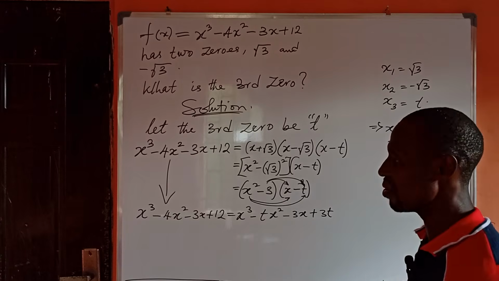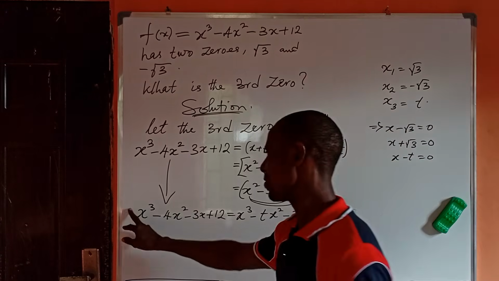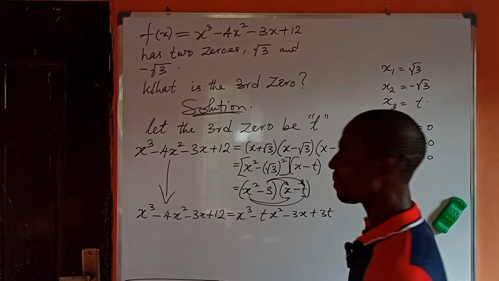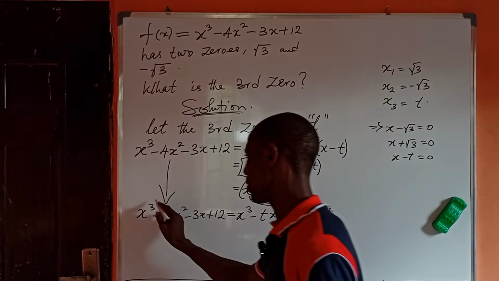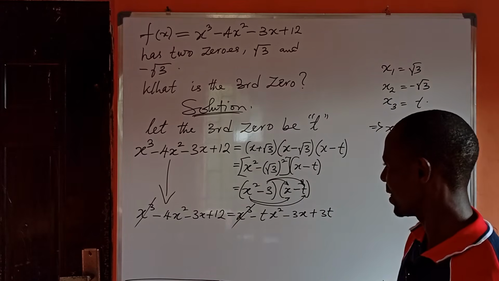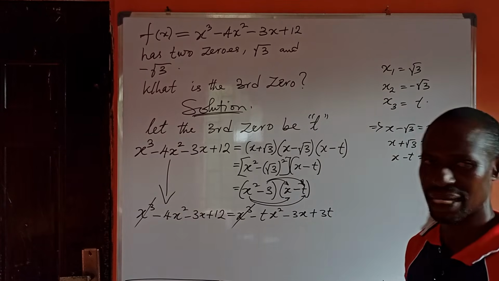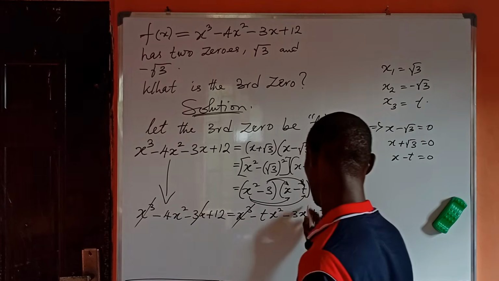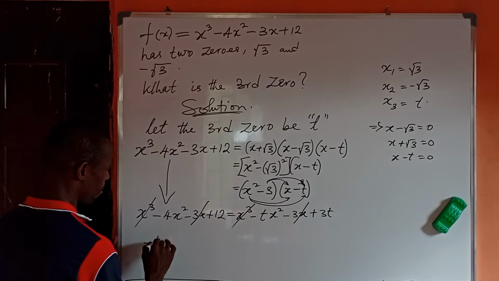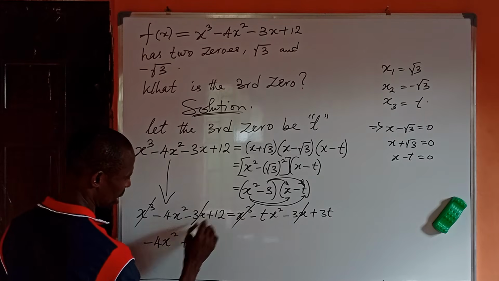Okay, but without moving these quantities, let's see the ones that can cancel out first. Here we are having plus x to the power of 3, and here we are having plus x to the power of 3. Two of them will cancel out. Yes. Okay. All right. Now let's look again. Here we're having minus 3x, and here we're having minus 3x. So this and this will equally cancel out. So we are now left with our minus 4x to the power of 2, plus our 12